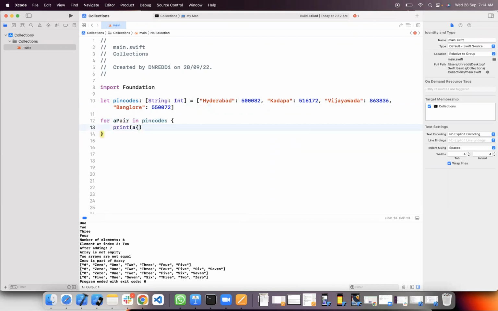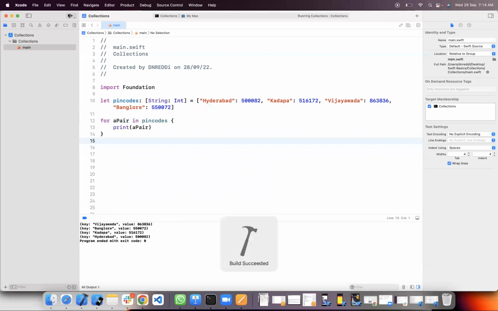Print a pair. This is how we can iterate through the dictionary. Perfect. What key is so and so, value is so and so, printed. If you want to access a particular element,